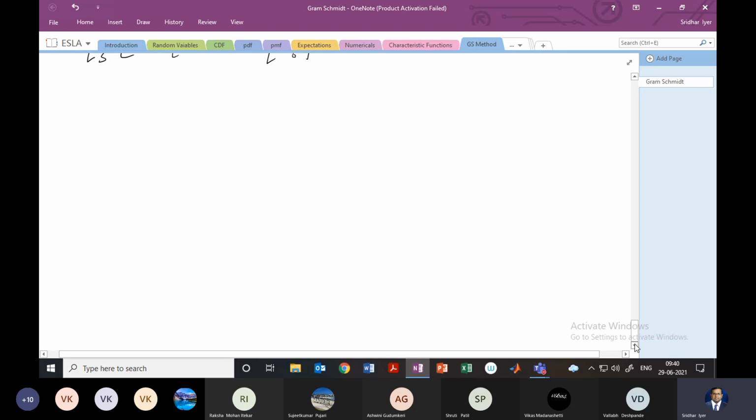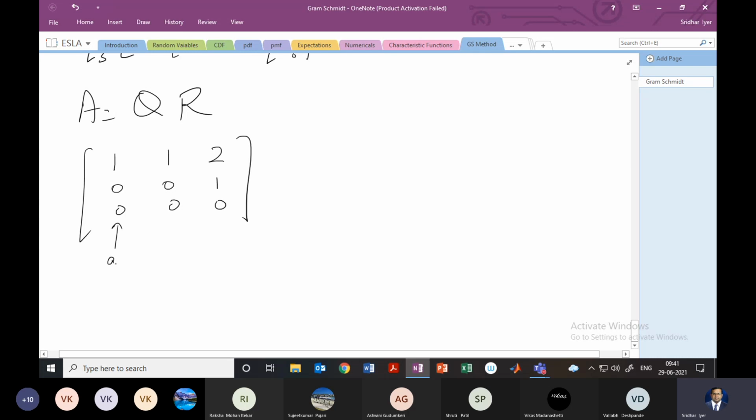So finally, all we have to do is write A in the form of A equals Q into R. So A is given to us, right? So we'll write it in that form. A given to us is 1, 0, 0, 1, 0, 0, 2, 1, 0. So this is nothing but small a, small b and small c. These are the vectors which are given to us in the question. And now this can be written in the form of Q into R, right? So let me make the matrix here so we can fit in Q into R.